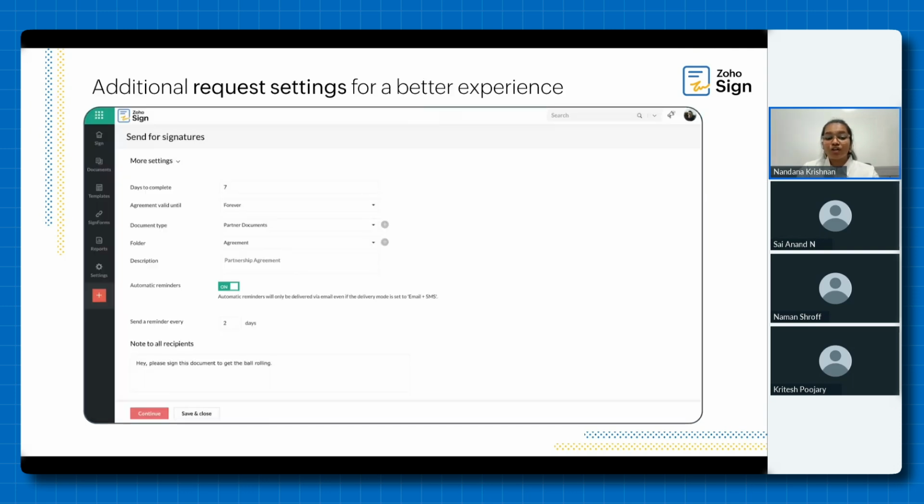Additional settings allow you to configure the validity of the signing link, and the folder to which the document goes. This is for easy management. Enable automatic reminders to reduce overall document time, and you can also add private and public notes for all your recipients. After all your preferences are set, your